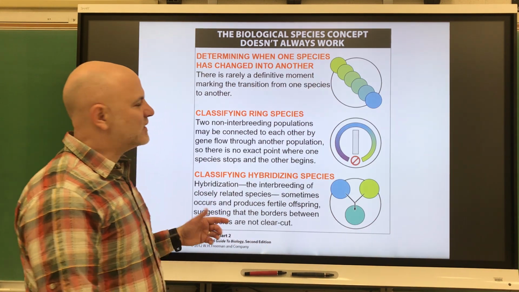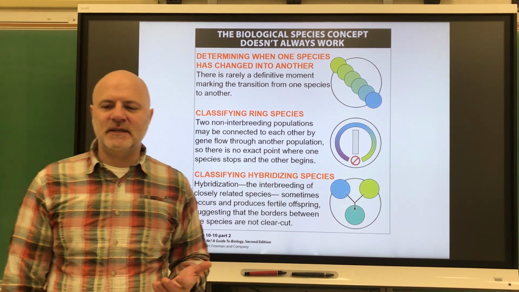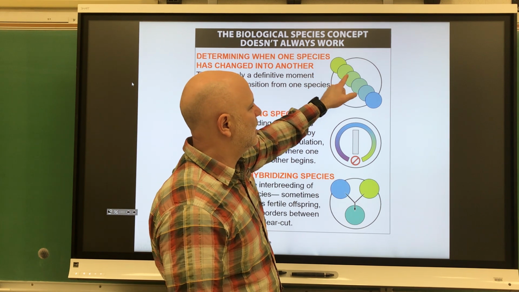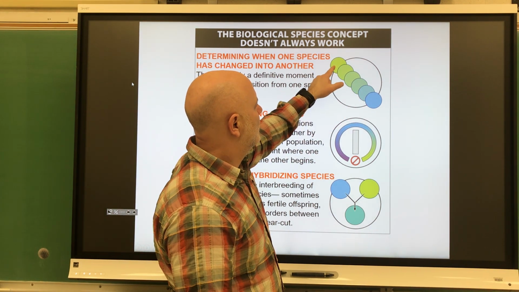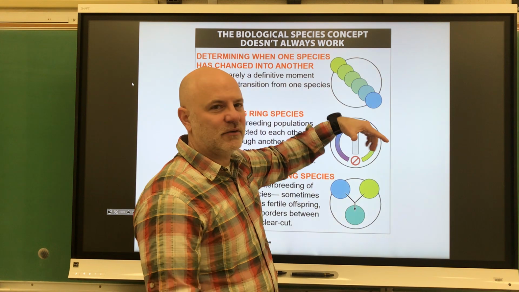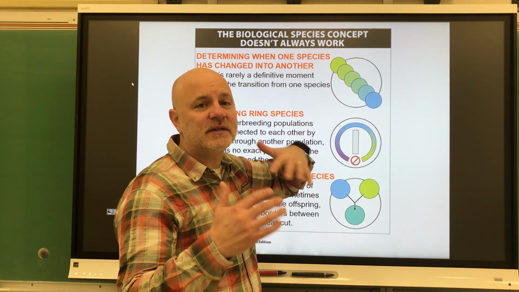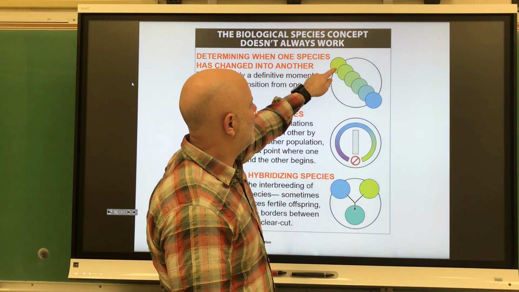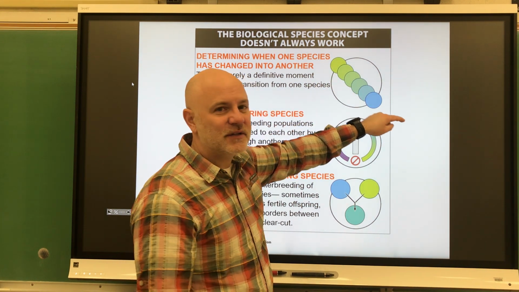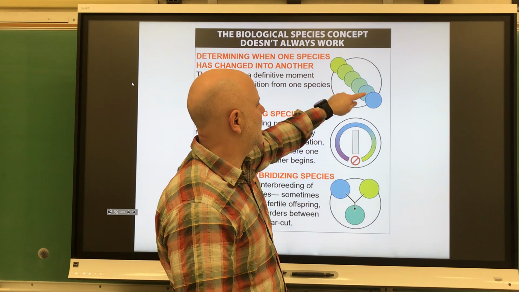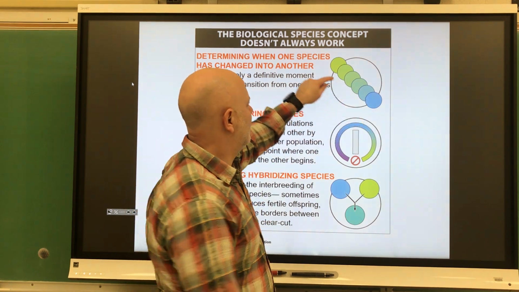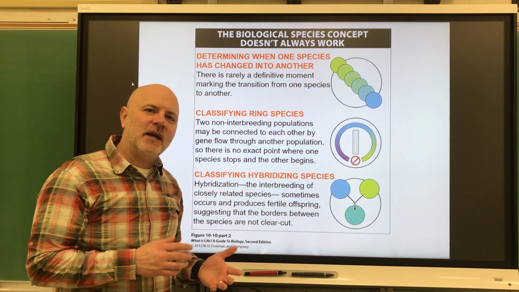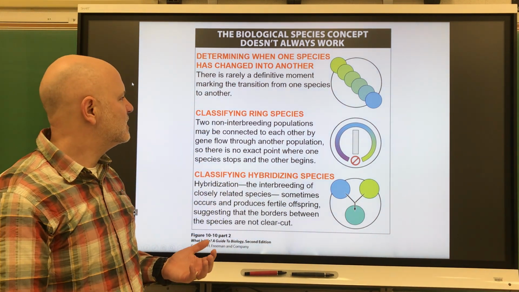So next, it's hard to determine when one species has evolved or changed into another. So, over the millions of years, if we found this fossil and this fossil, we would say, oh, those are very distinctly different organisms. We're going to name them different things. But if we keep finding intermediates between those, well, it's hard to say, well, this is different from that, okay? Even though this is very different from that, we have all these intermediate steps. So that makes it difficult to identify some species.